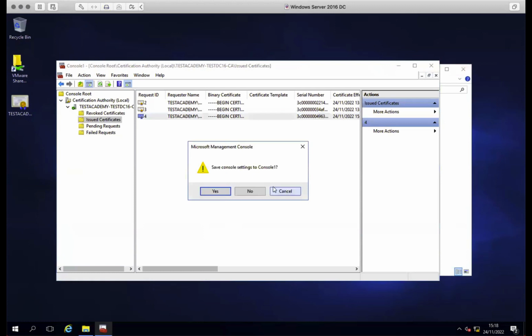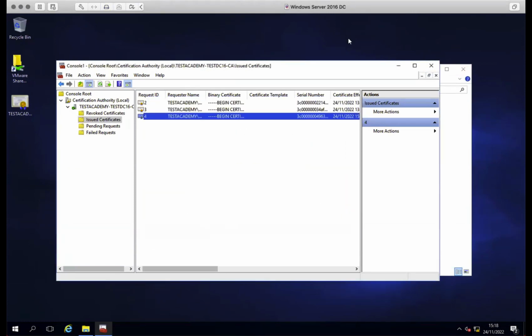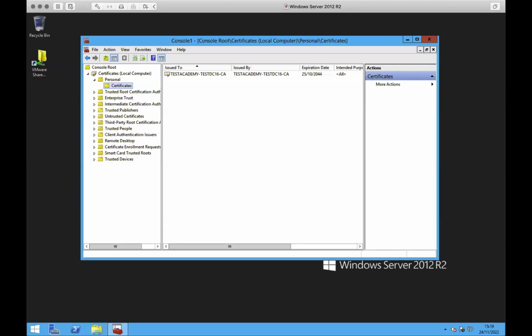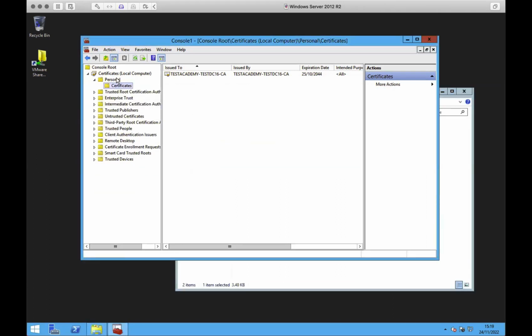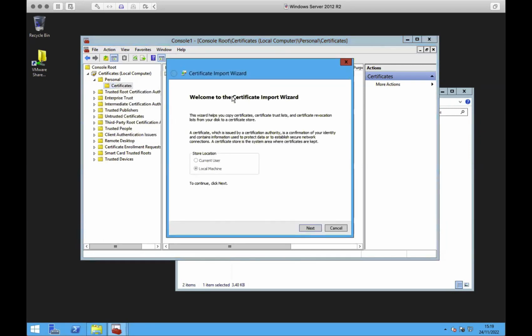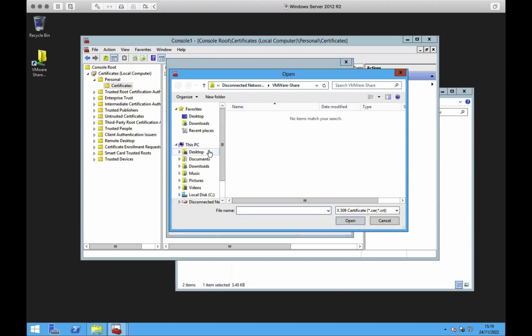And now we need to go back to our server. So I'm going to switch back to my server now. Right, and we are back on my server. I go back to my share, and there's my eduroam server certificate item. Now in here, in certificates, I right click, I say import, I browse to my file,